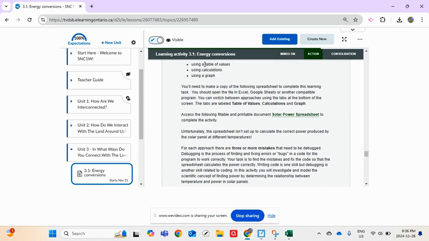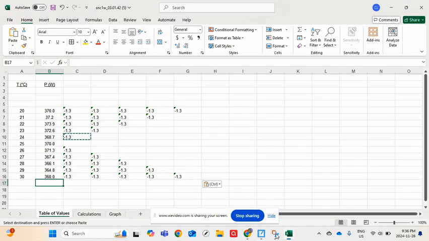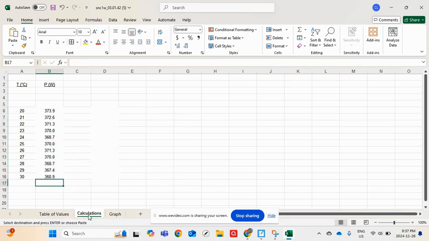Once you have that first tab, using that table of values over here, you should have correct numbers. Keep coming back to this one. Refer to it as the correct answers, because the next tab in calculations, you know what the right answer is. However, once we move away from 25 degrees and we move up, I have highlighted